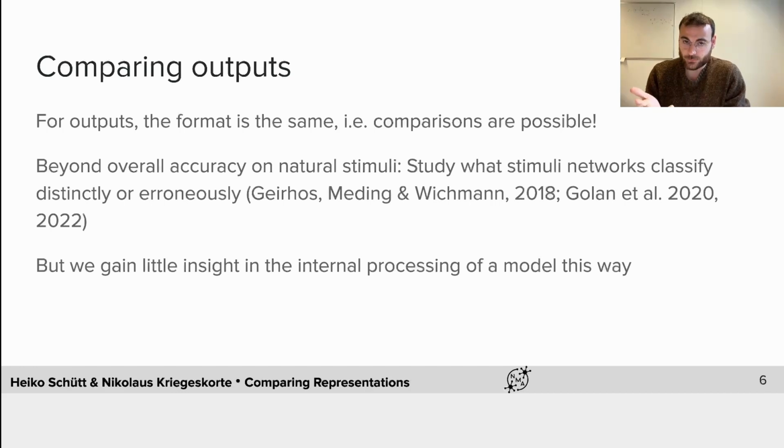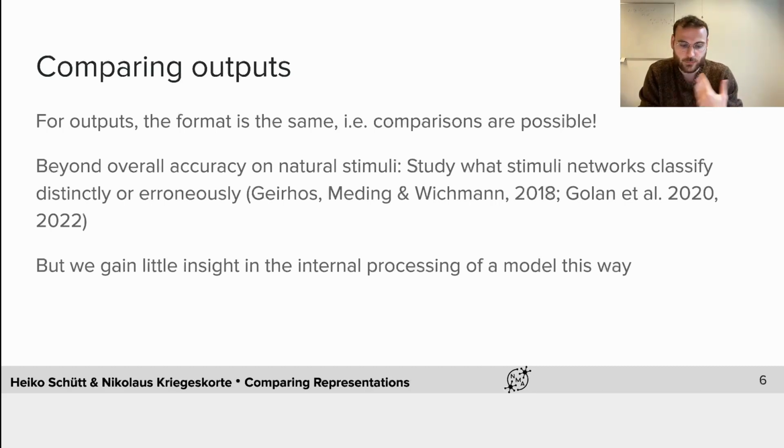But of course, when we are talking only about outputs, we are not using any of the information about the transformation we do beforehand, right? And in neuroscience, we kind of hope that measuring the brain helps us understand it. And in similar ways, in machine learning, having access to all the intermediate representations should somehow help us understand the deep neural networks better, right? So how do we do that?